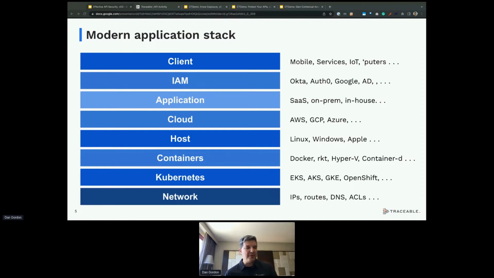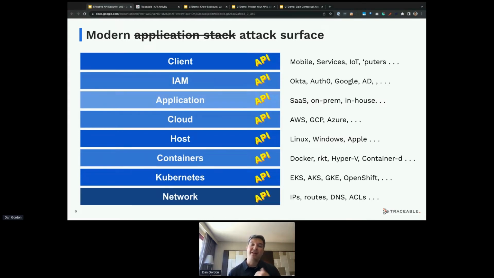So why do I take a moment here to cover this? Because this is the modern application stack, but this is also the modern attack surface. Right? And all of these layers in some way or another have this in common. They all have APIs available. Now, we're going to focus on the cloud and up layer in this talk, but there are APIs at almost all these layers, and really even Kubernetes and containers and all of that are absolutely attack surfaces that are attackable in many different ways, their APIs included.